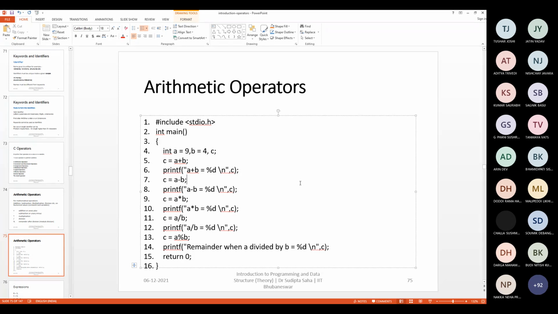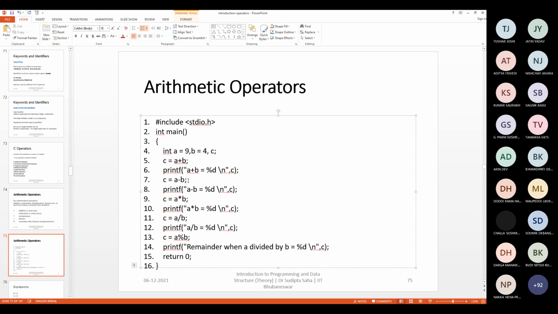Okay. So similarly, when you are writing C is equal to A minus B, the old value of C will be removed and it will be replaced with the new content. What is the new content? A minus B. So A minus B is the subtraction operation, which is different from addition operation.